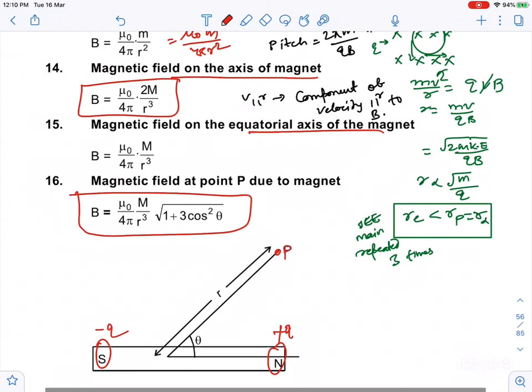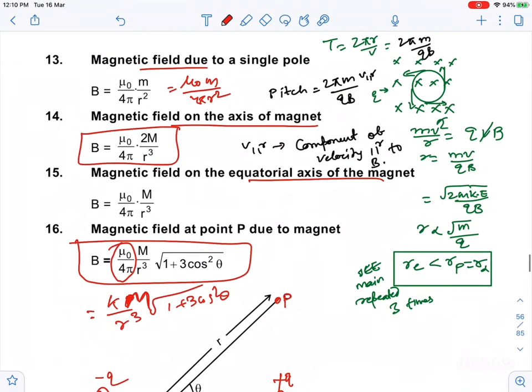So this is minus charge if you are in plus q charge. So this behaves as a dipole at any point P. If you have to calculate the magnetic field, you can write this: some constant, mu naught by 4 pi is the constant. Like they have written, there we have written kp by r cube under root 1 plus 3 cos square theta. If you have not seen this lecture, you can see the quick revision of the second lecture. So that is kp by r cube.